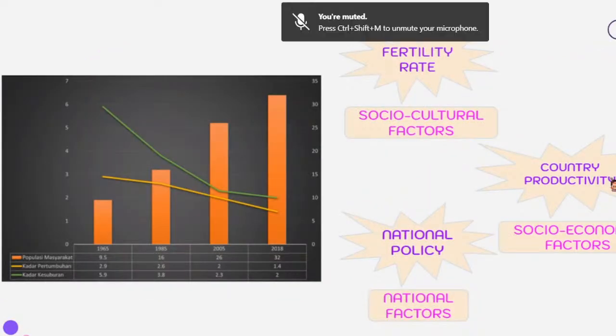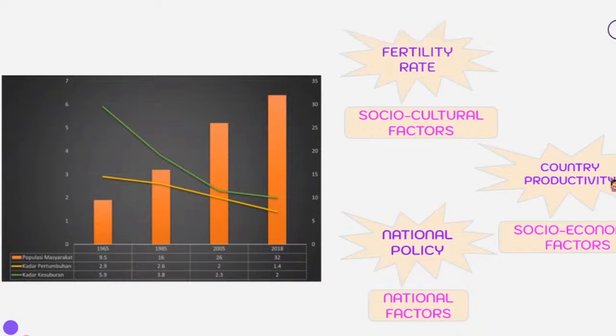I will continue with the change related to the graph. The population of our country is affected by several factors, especially socio-cultural factors that are closely related to change in population growth rate in the country. As you well know, the growth rate is measured in terms of the number of births to the number of deaths. So, the main factor driving the change of the growth rate is the declining fertility rate since the early